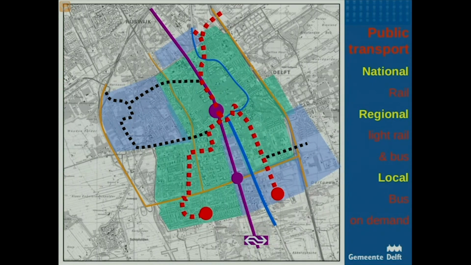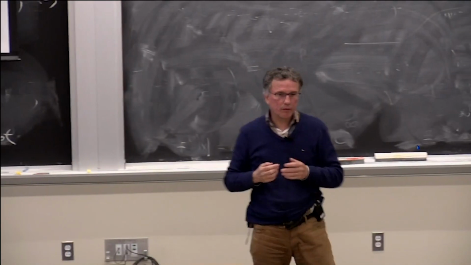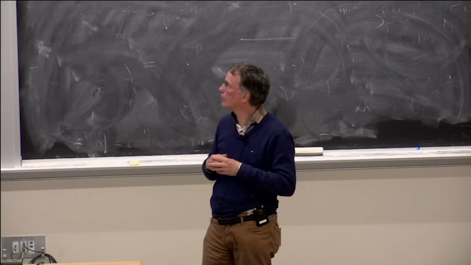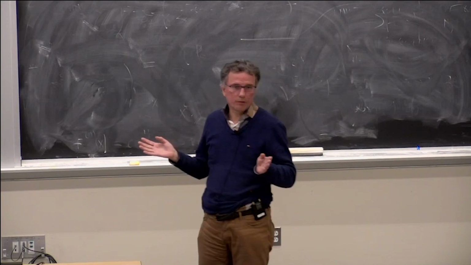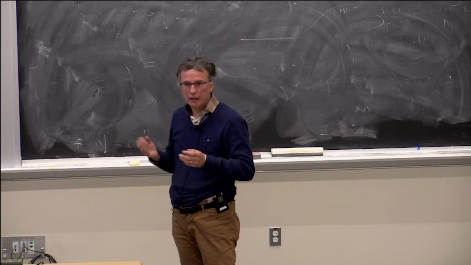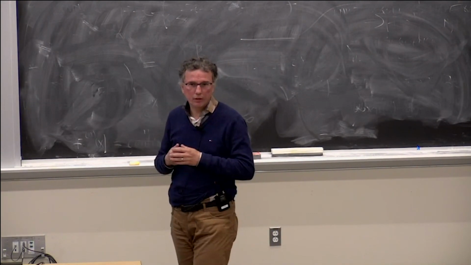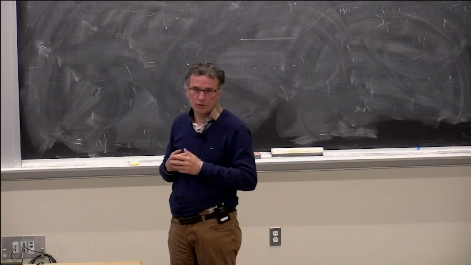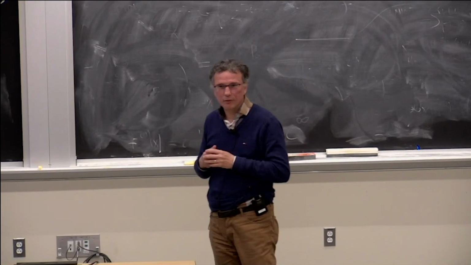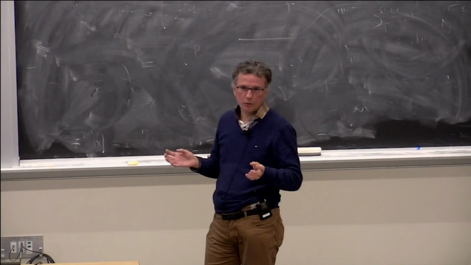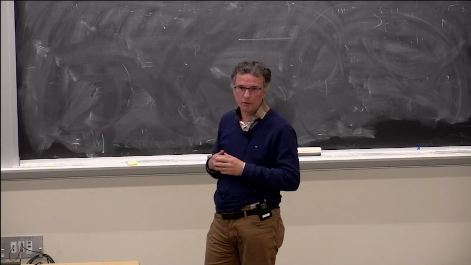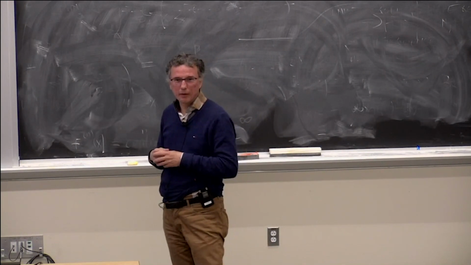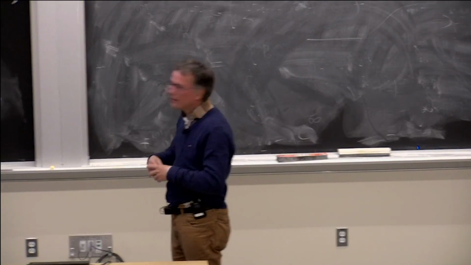This is how our network works. I've got a purple line. That's the Dutch railway system connecting all major cities of the Netherlands. If you get on at Delft Central Station, within an hour you're standing on the central market in Amsterdam. Within 10 to 15 minutes you're in Rotterdam or The Hague. Nationwide system, very good quality. 11 trains each hour, each direction. So it's perfect. If you live in Delft, you can reach 1 million jobs within 45 minutes. So if you need a place, live in Delft.